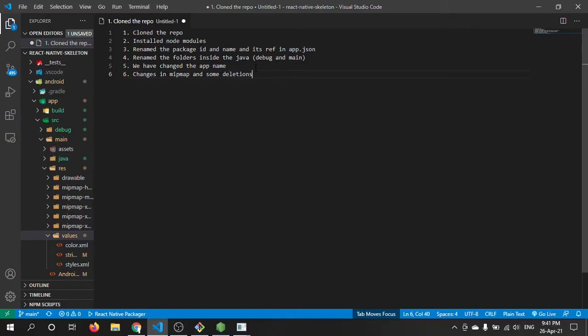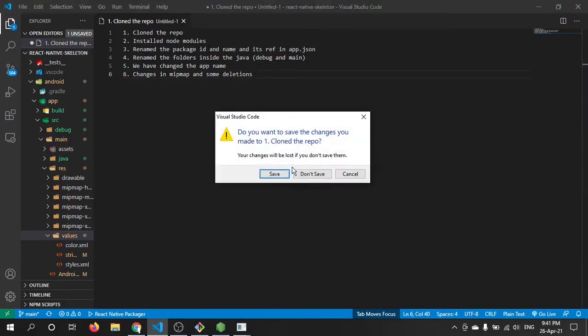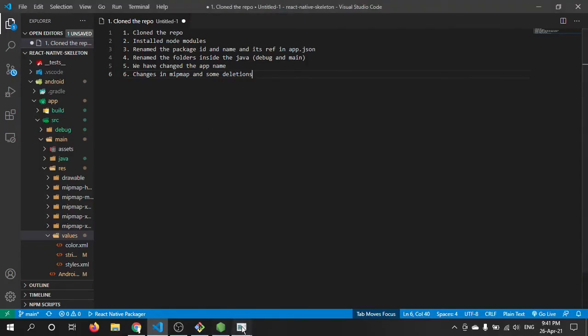So these are the things that you have to memorize and follow, and in this way you will be able to create new applications. Okay, let's keep this for right now.